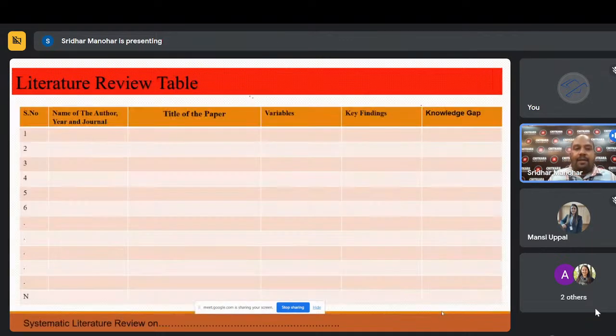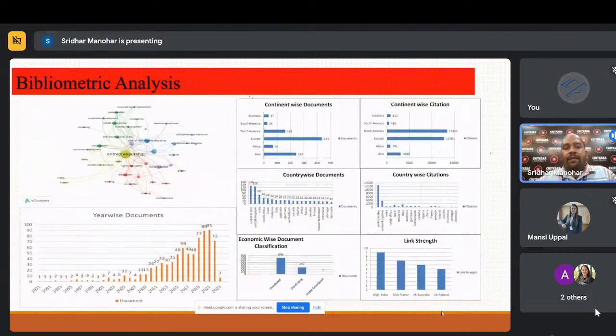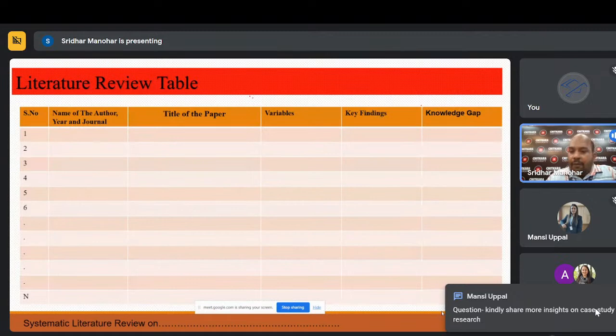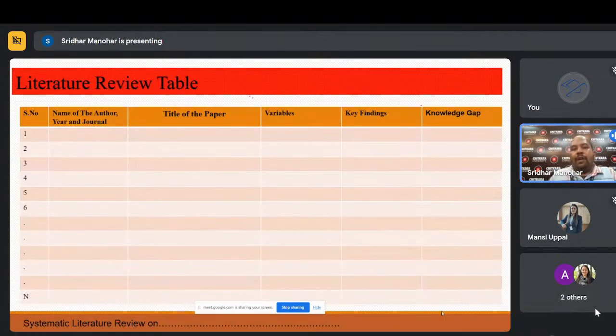So that is the next aspect. Over here you can see at the left hand side you find keywords, the connection between the keywords. So the literature review, this is also another way of doing a literature review by building a table with certain specific